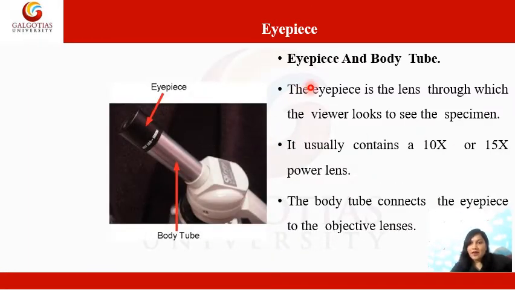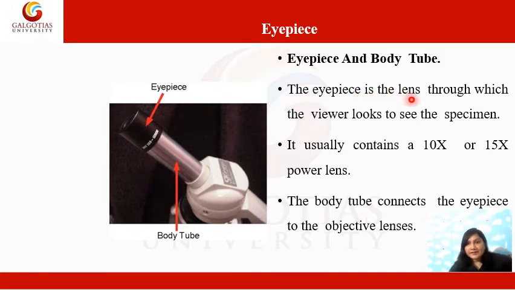The first part was the eyepiece and body tube. Okay, actually why are we having eyepiece and body tube together? Because the eyepiece is mounted in the body tube or the optical tube. Okay, this is the eyepiece. You can see here, this is the side of the lens which is closer to the eye of the observer. Okay, and this lens, generally a biconvex lens, is mounted in a tube-like structure which is known as the body tube.